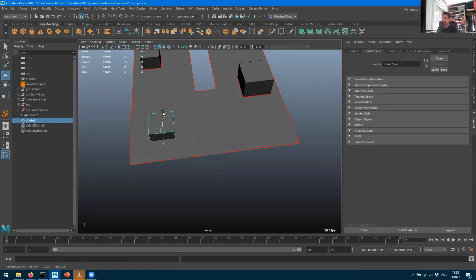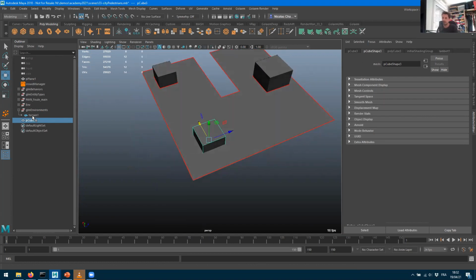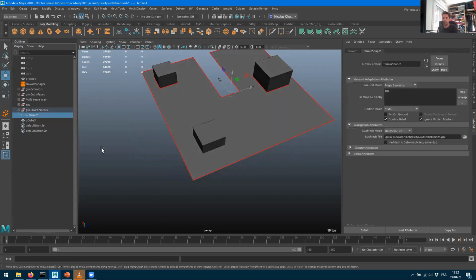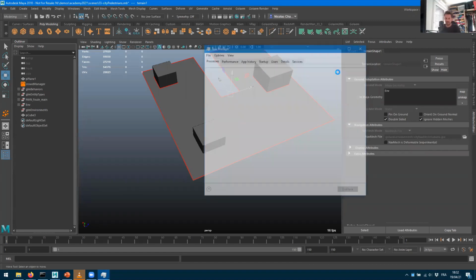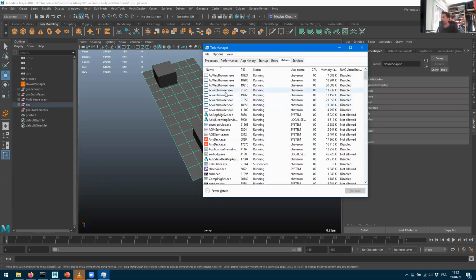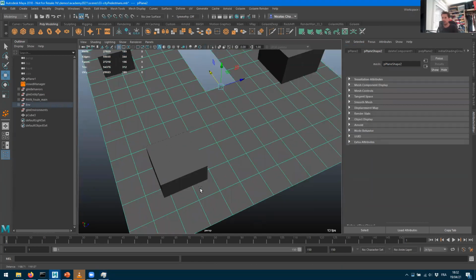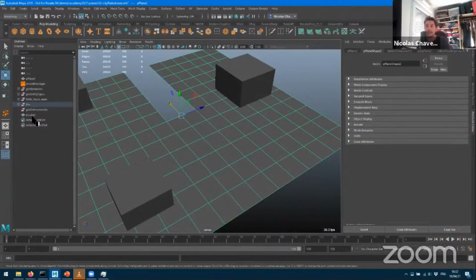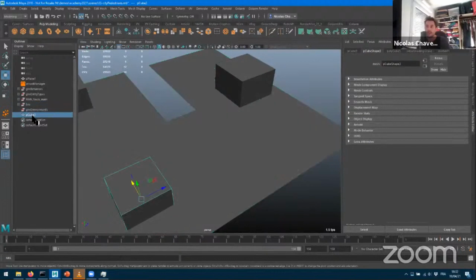You need to process your environment again. So what you can do is probably delete the previous node here, the previous terrain. And oh, damn, I think Maya doesn't like me to delete that node. Okay, I think Maya is dead now. Let me kill that. Okay, so you can probably delete that node here. Oh, no, okay, it's done. It's okay, and no crash. That's great. And just reselect that environment and